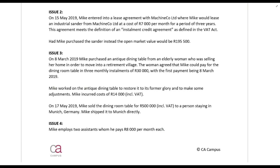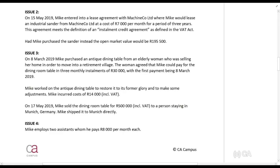Now guys, we tell you here in this question that it's an installment credit agreement. You might also have to determine it yourself. Remember, the requirement is given in the VAT Act. I can only do part of it here because we don't have enough information. One of the things you have to see is who takes responsibility and all of those things for this amount. But basically, one thing I just want to show you quickly, if you say 7,000 rands per month has been paid, times 12 for a period of 3 years, that means that the total amount